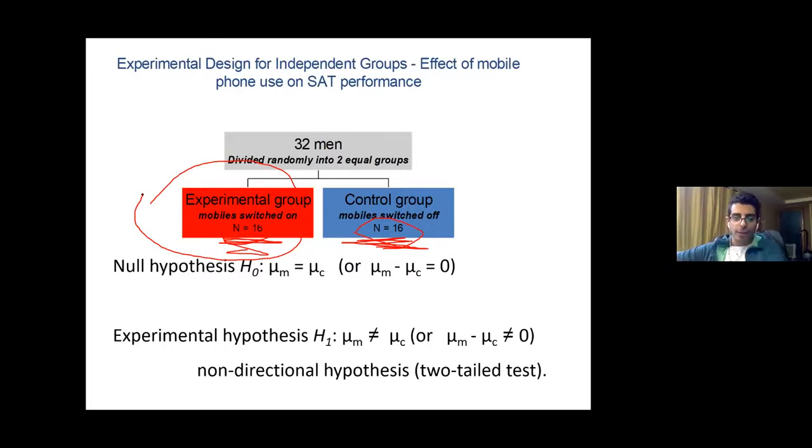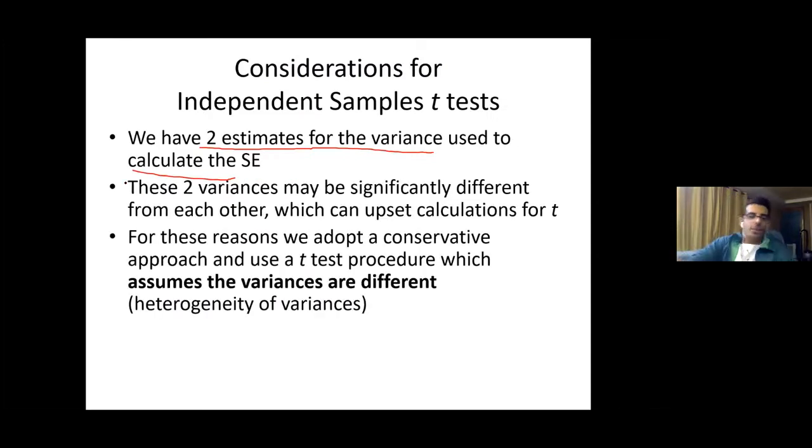Okay, so the variability is the same in an independent samples t-test. In independence, the variability can differ, and that's an important consideration. That's exactly what they're saying here. For these reasons, we adopt a conservative approach and use a t-test which assumes the variances are different. You can do another t-test which assumes that the variances between the groups are equal, but generally you don't use that one. It's very rarely used. Generally, when you do an independent samples t-test, you use the one where there is heterogeneity of the variances, because